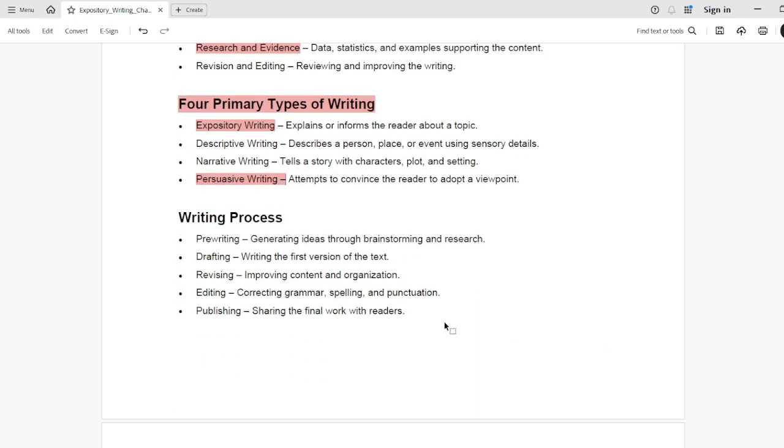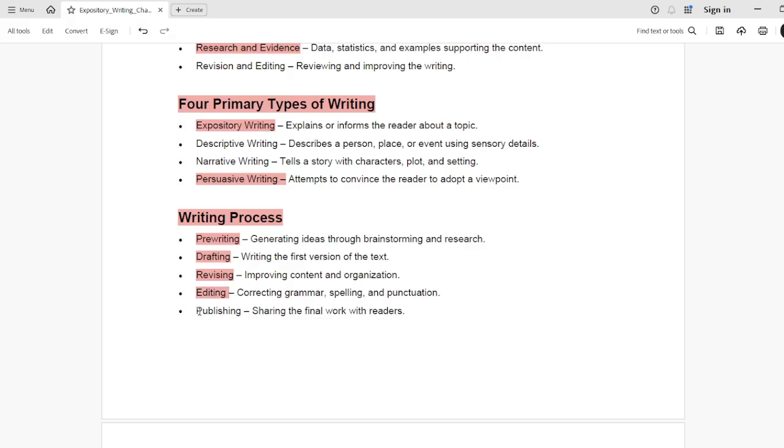Now these are the writing process, or you can say writing steps as well. The first one is pre-writing. The first step of writing is known as pre-writing, as you all know. Drafting is the second step. You write down a rough structure of the content, whatever has come in your mind. Revising, whatever you have done in the drafting phase, you will revise it. And editing as well, you will check the important grammatical spelling mistakes.